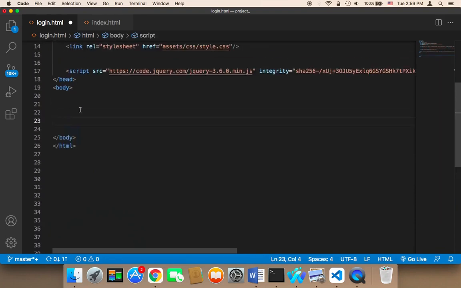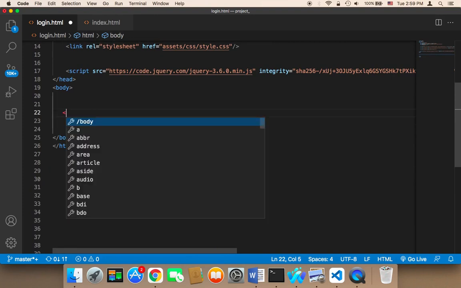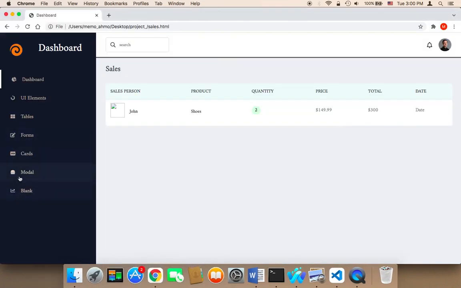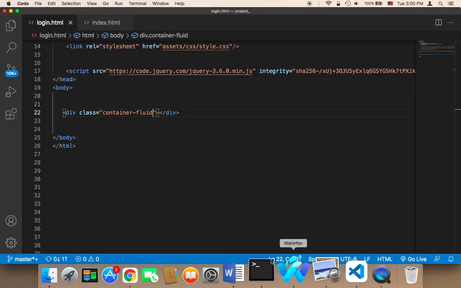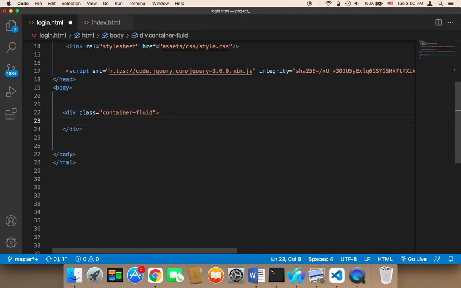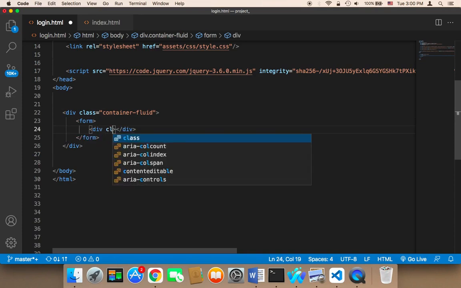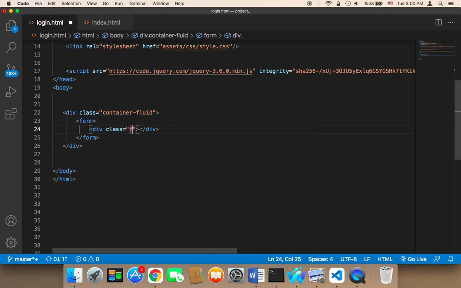So here in the body, instead, we need to have a div, and that div will have a class, and that class is going to be container-fluid, which is a Bootstrap class. That's going to add everything inside that container, and it will add margins from the left and from the right. Inside it, I'm going to create a form. And for this form, I'm going to first create a div, and I'm going to give it class form-group,